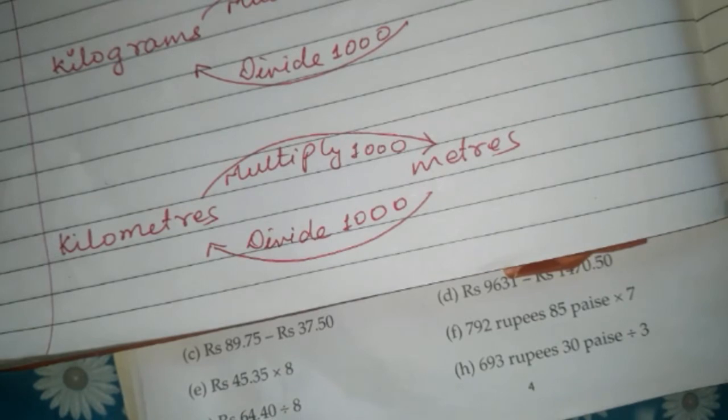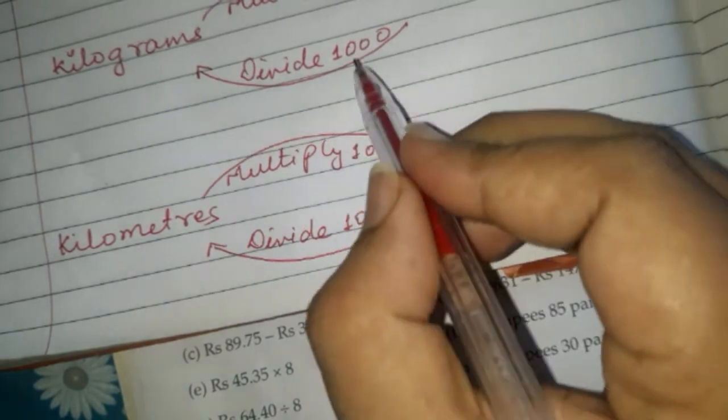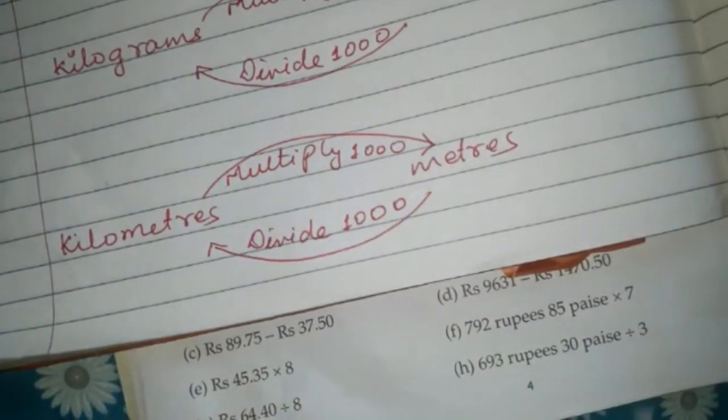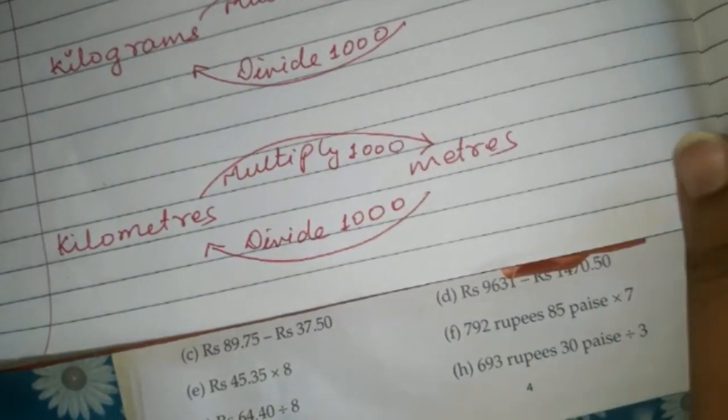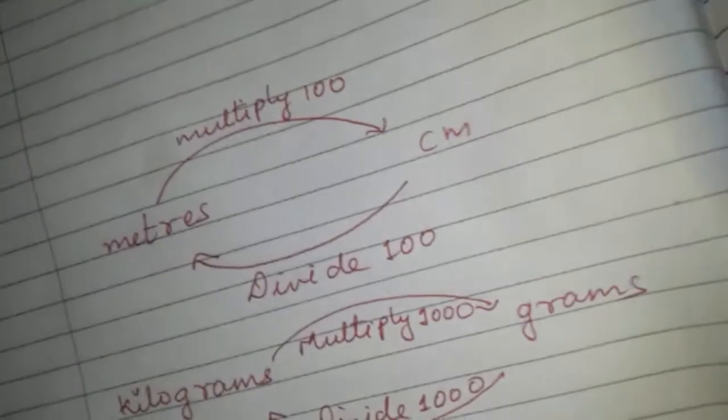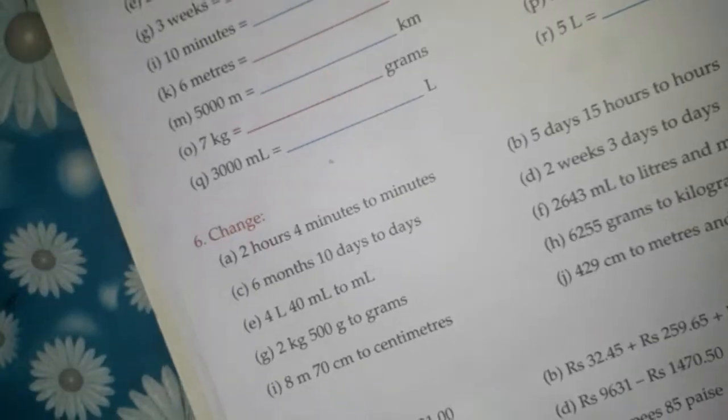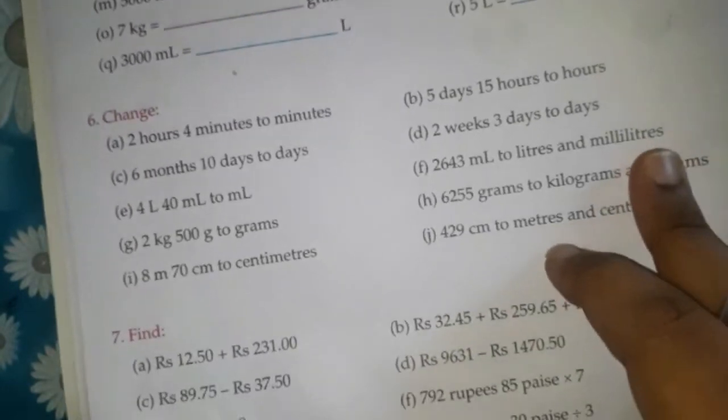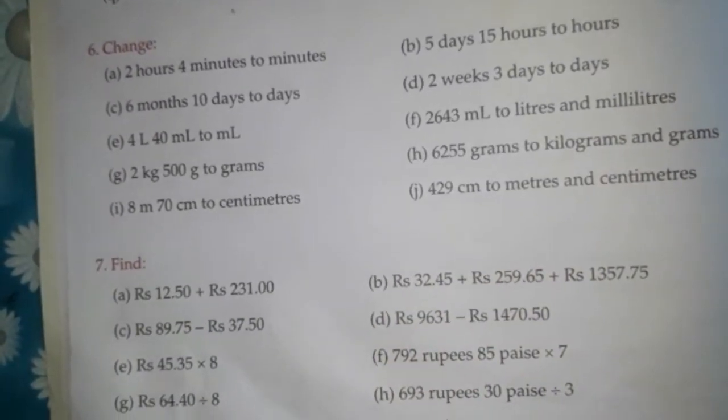We should clearly understand that the converting factor is 1000 here. We have to deal the numbers with 1000. Same it is in terms of liters and milliliters. So when we are converting this 4 liter 40 milliliters to